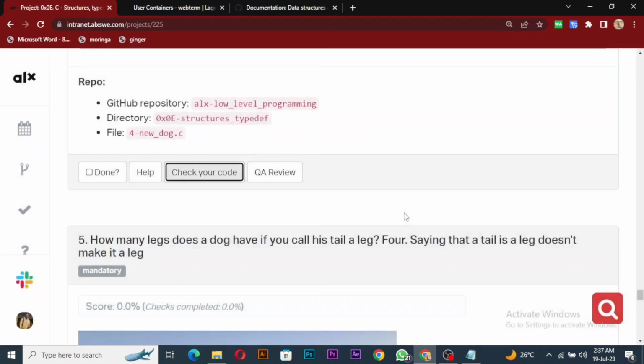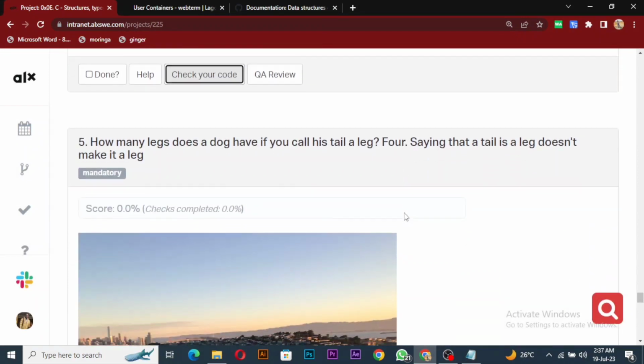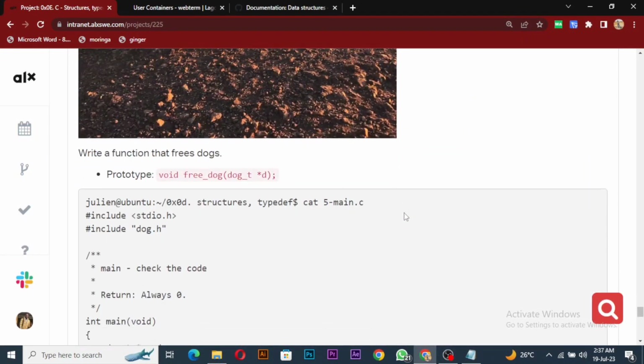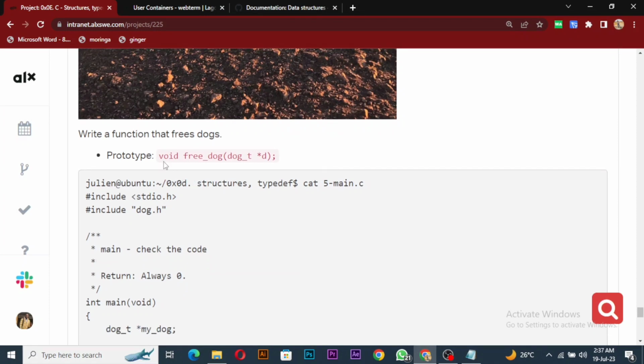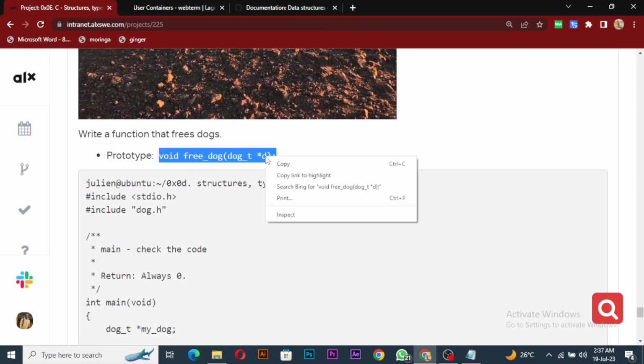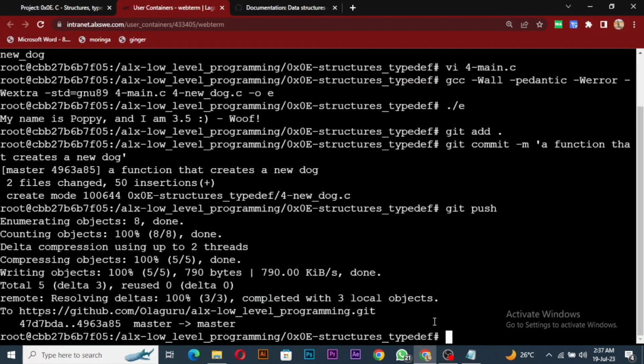Okay, let's just go to the last one while this one is loading. And then this one says write a function that frees dogs. Okay, so that's what I want to do now, which is the last one, a function that frees dogs. So remember we created memory for just the two strings, dog owner and dog name, right? And then we create memory for dog itself, right? So we clear our screen,